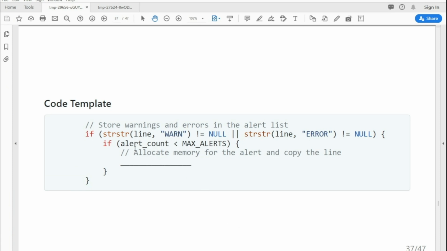All right. By the way, here we're using this string function, which is not a part of what we have talked about before. This essentially just tells you if the line contains this warning or error or not. Importantly, it's about the memory allocation part. So let's look at the